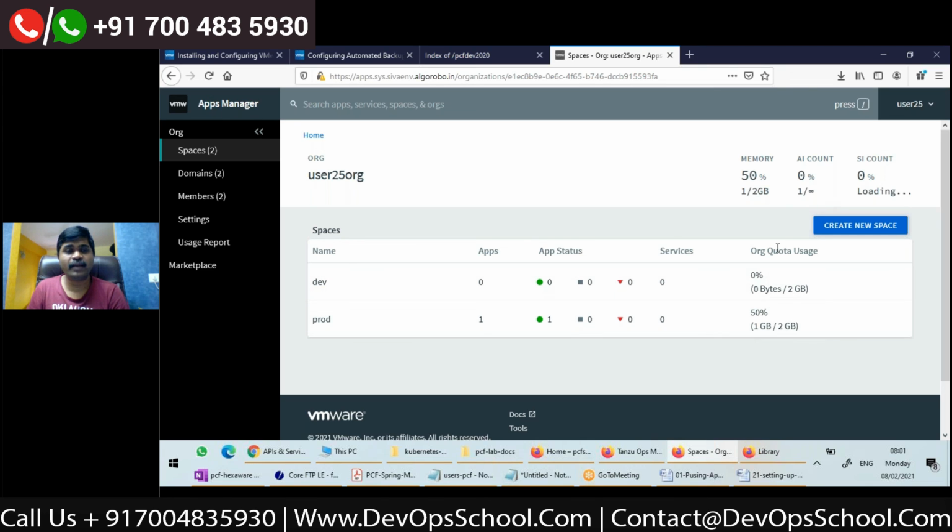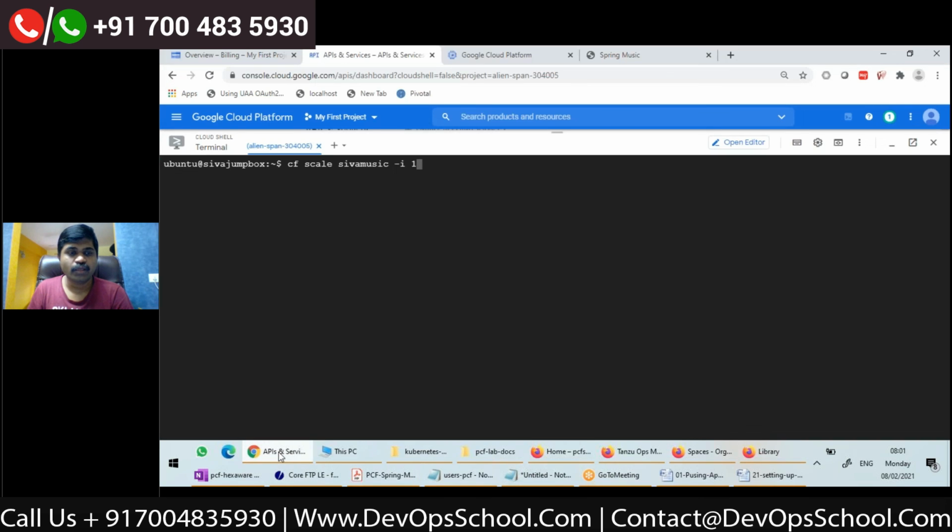But there are commands using which you can allocate a memory quota to a space only. Suppose you have 10 GB, you may want to give 4 GB to dev and 6 GB to prod. Yes, that is possible. Thank you, Shiva.